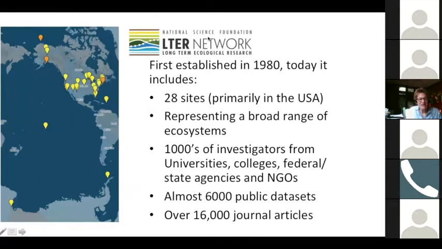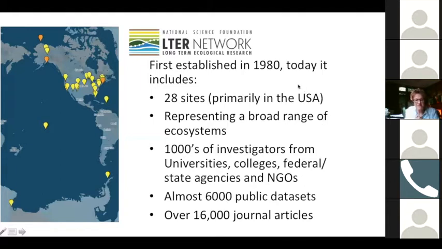Okay, so the network was first established in 1980, and I'll show you in a future slide the demography of sites coming in and out. There are currently 28 sites. They're primarily in the US, but as you can see from the map to the left, they go from Alaska down to Antarctica, coastal, interior, continental, and even oceanic. They represent a broad range of ecosystems, and that is one of the things that makes it interesting, because of the potential to do comparative work. There are literally thousands of investigators involved. Many work at universities or colleges. Some are associated with federal or state agencies, and others with